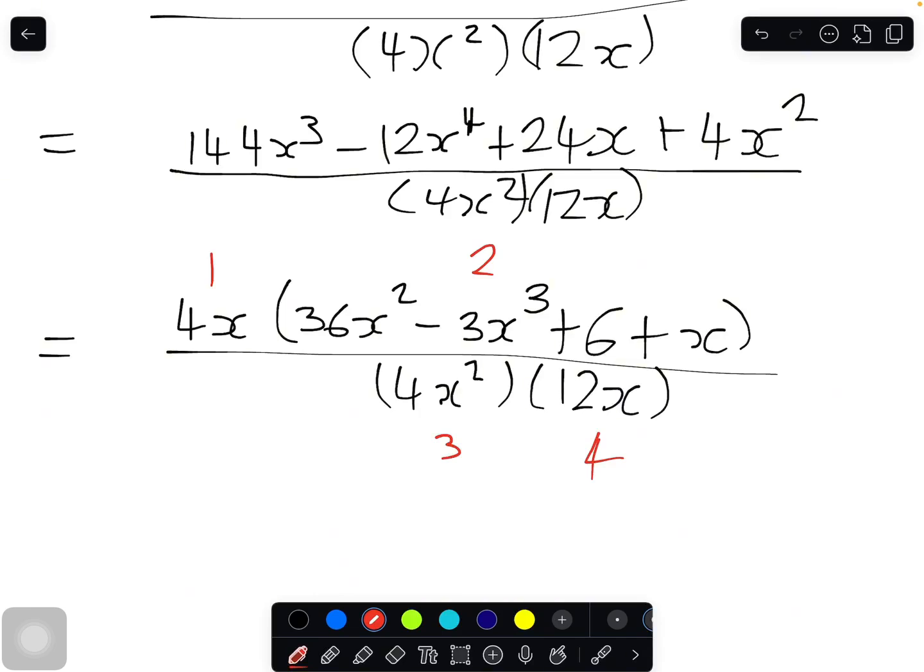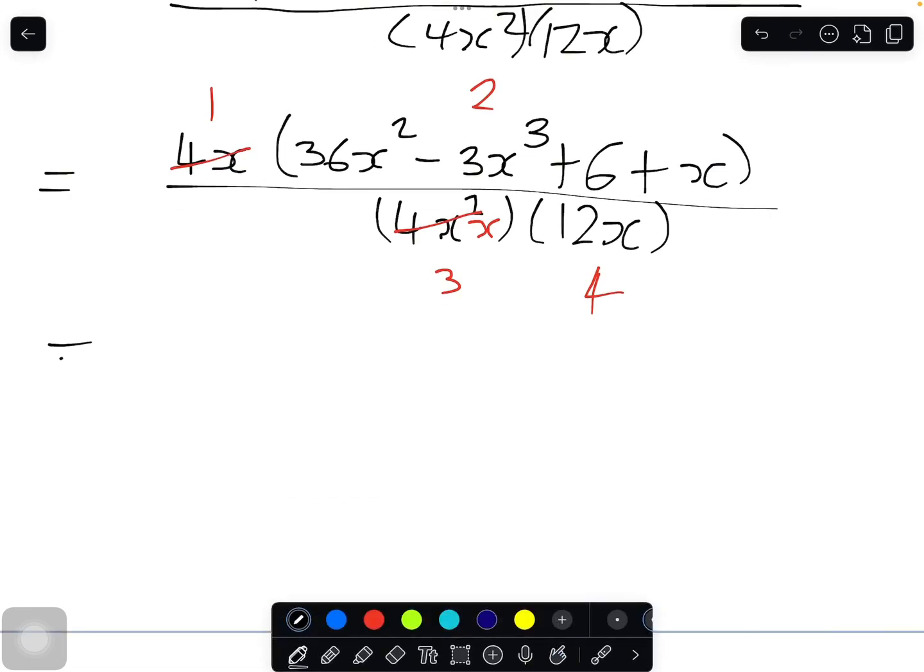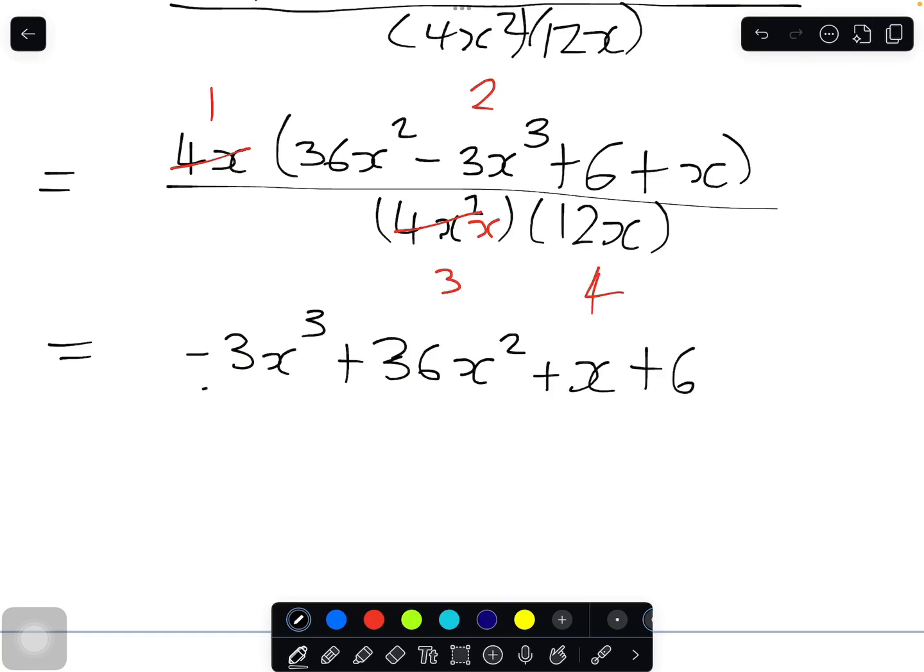So this 4x here cancels off with this 4x here, and I'm left with x. So now I have my answer as, let's put our powers in descending order. So I'll have negative 3x to the power 3 plus 36x squared plus x plus 6, and this is all over